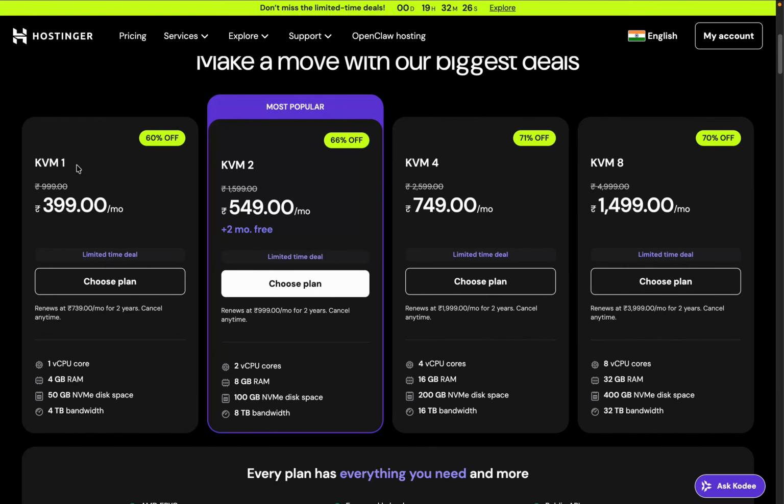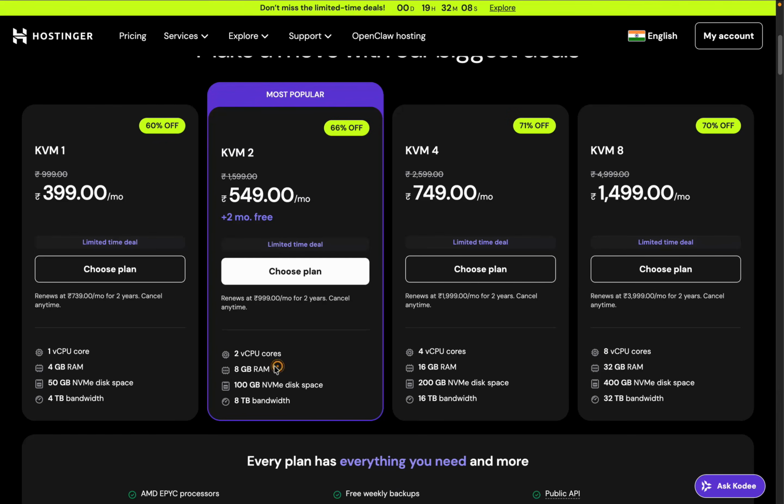You can go with KVM 1, KVM 2, KVM 4 and KVM 8. But the one I would suggest you pick is this most popular one. We need at least 8 GB RAM to execute our model, which can handle all the requests, and it will do all the research you want to do and run the model. So we need the most popular one, which is KVM 2, and that's what I would suggest you pick,